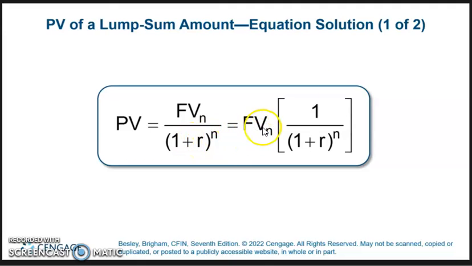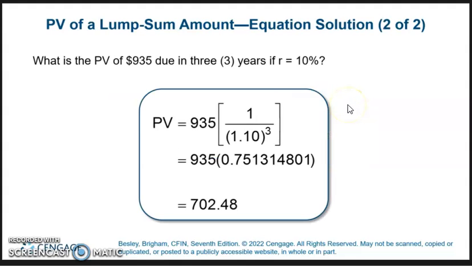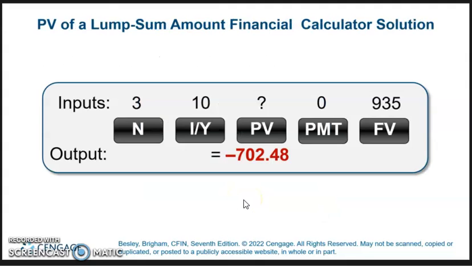So in this case, $935 multiplied by 1 divided by 1.1 to the third power is $702.48. So go to our calculator. It's 3 N, 10 I/Y. We're solving for the PV, 0 payment. There are no payments, and our future value is $935. We compute PV, you get